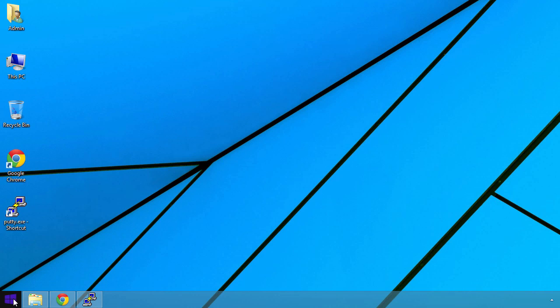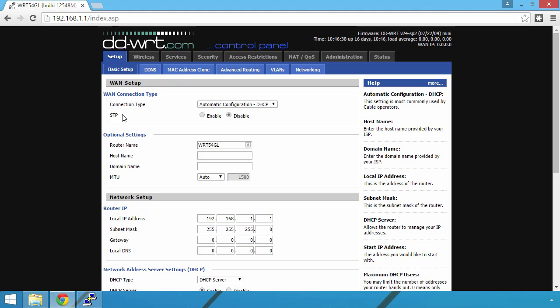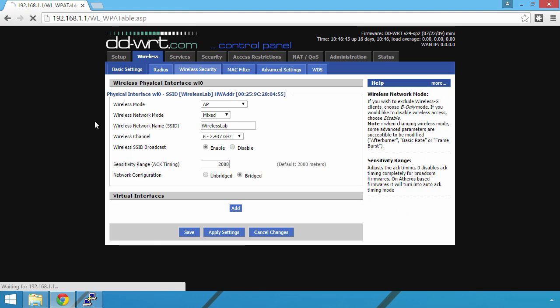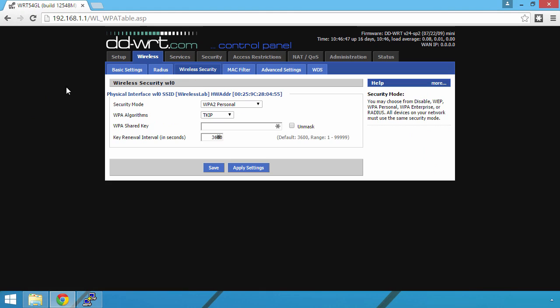Let's get to practice and enable WPA2 as the security mode of our access point. For that, I will navigate to the Wireless tab and from here we'll choose Wireless Security. As a security mode, we will choose WPA2 Personal. We'll leave TKIP as the WPA algorithm and we'll need to provide a shared key. Now, in order for us to succeed with the attack, the key provided here needs to be found in a